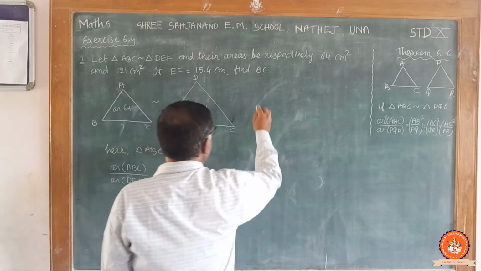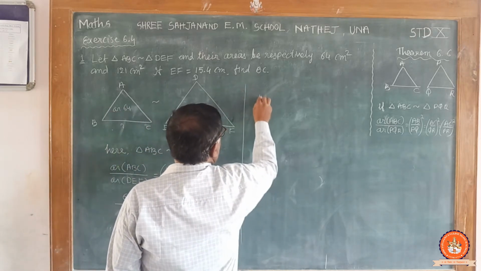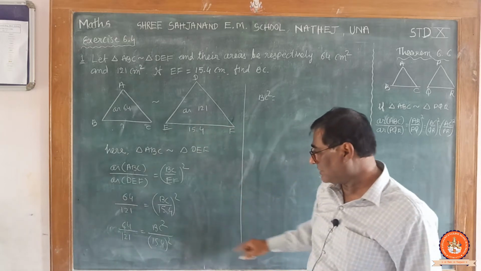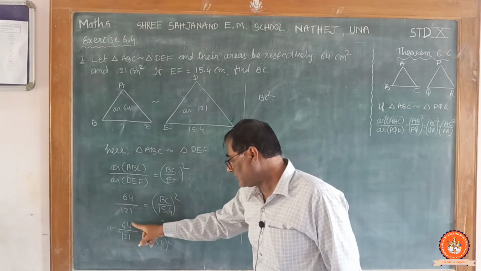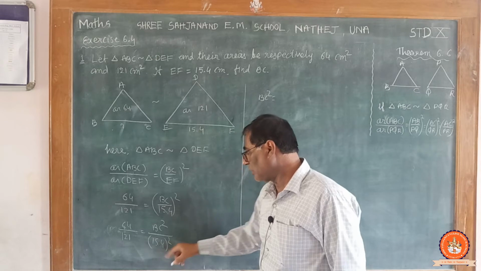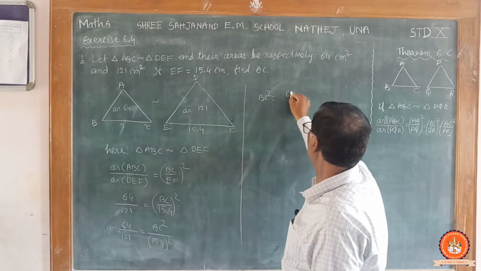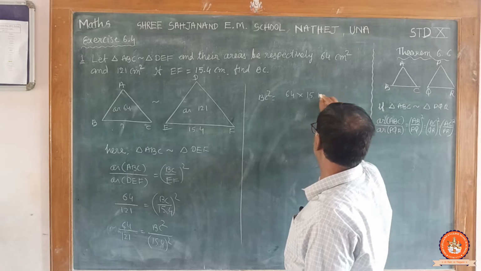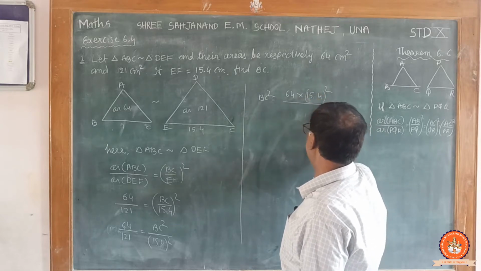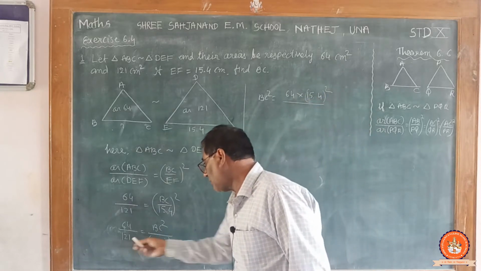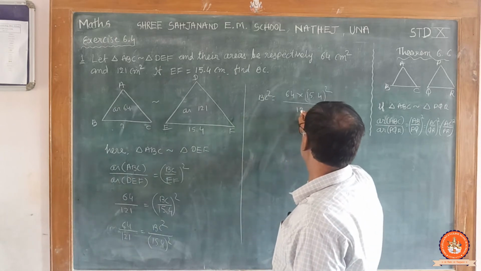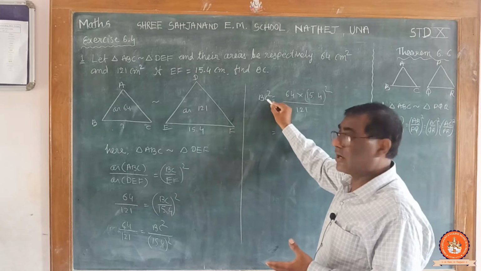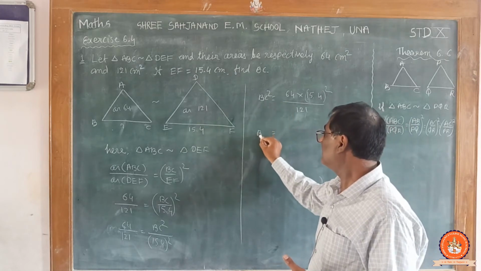So here BC square will be 64 into 15.4 the whole square divided by 121. Okay, now my friend, taking square both the side, so square root of BC square is BC,